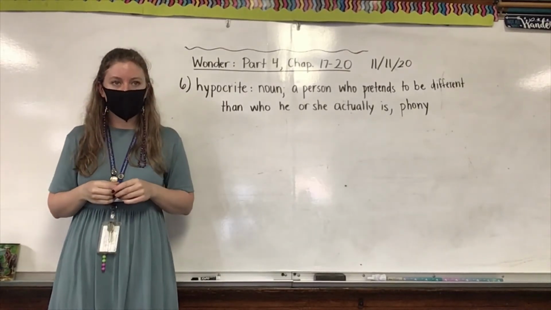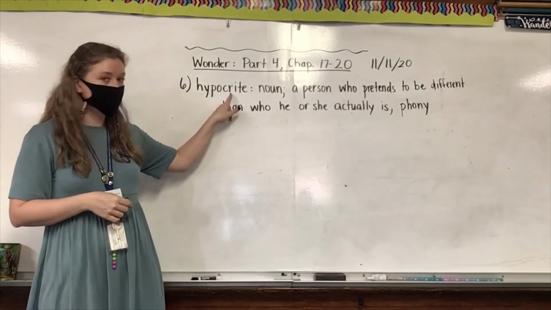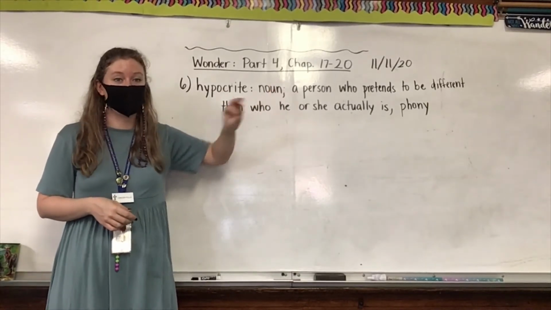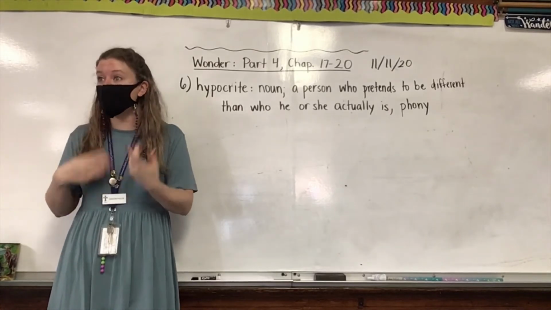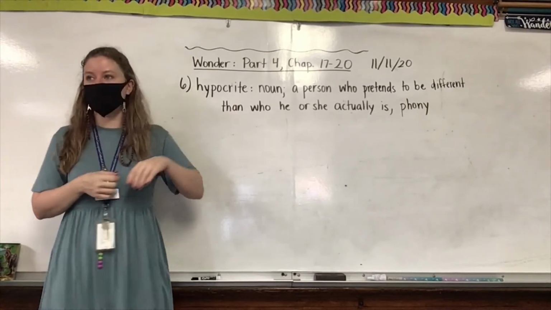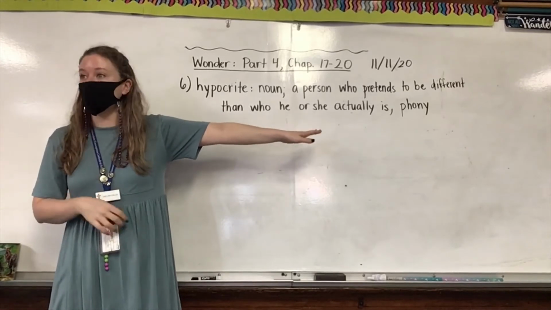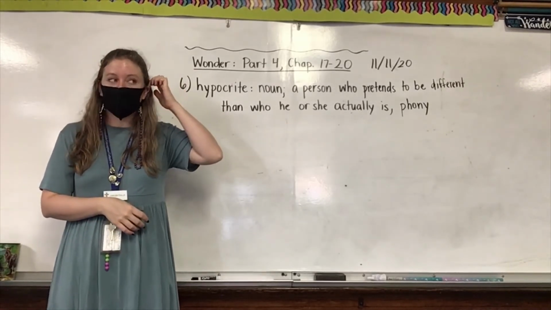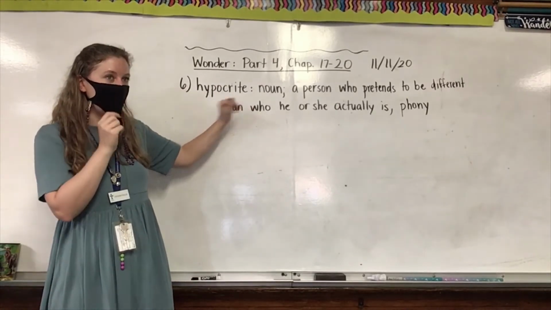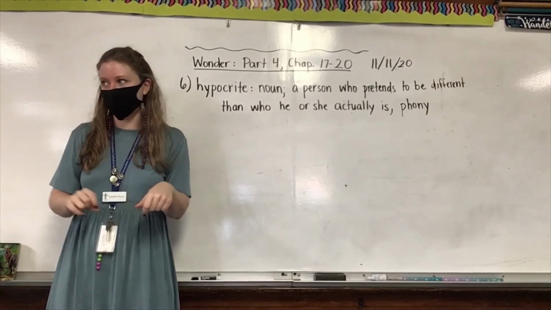Yes, Cullen. He's probably a kid that acts nice in front of parents and mean in front of kids. Exactly, and that is a hypocrite because he is acting differently than who he actually is. So not a disguise, not a person in disguise. That's different. You could say they're a phony, but they're not a hypocrite because a hypocrite is more the actions. But phony is a word that means a similar thing. That's why it's a synonym. So a hypocrite more describes their actions or the type of person they are based on their actions rather than what they look like. Phony could be either what they look like or how they act.